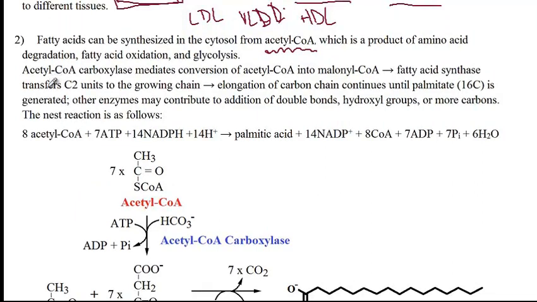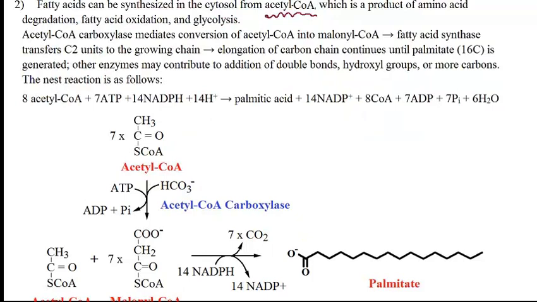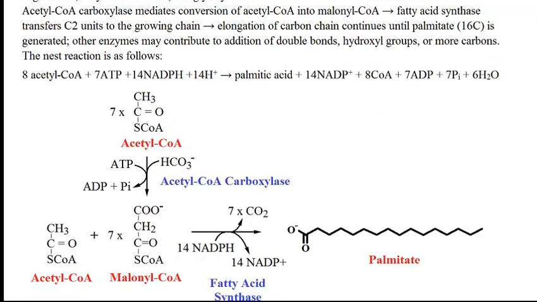Alright, so the first reaction is acetyl coenzyme A carboxylase mediating the conversion of the acetyl coenzyme A molecule into malonyl coenzyme A, which is a 3-carbon molecule. Here you can see the reaction. Acetyl coenzyme A, by addition of HCO3, is now converted into malonyl coenzyme A. And then the next enzyme is fatty acid synthase, which combines 7 malonyl coenzyme A with an acetyl coenzyme A, releasing 7 CO2 in this process, to form palmitate, which is a